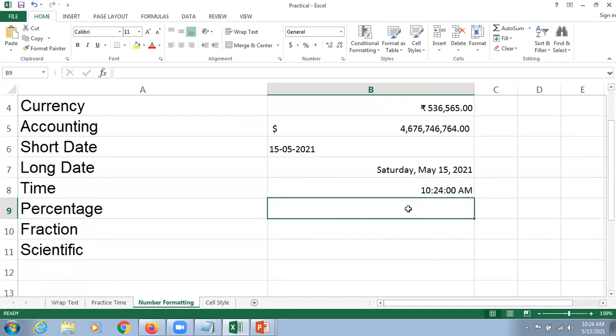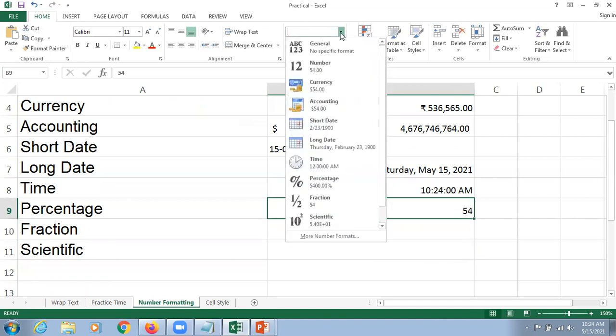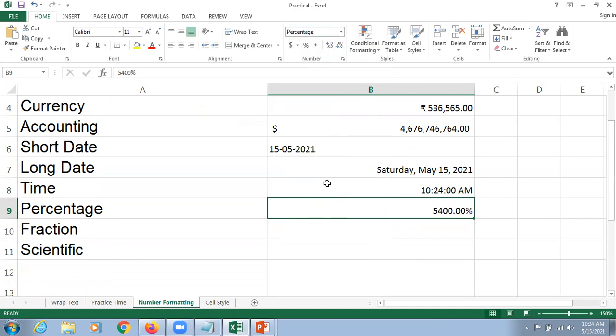Now this is a percentage. If I type 54 here, it simply tells us this is 54. We can do it in two different ways. We can simply click and select percentage here. This will be the percentage, and for increasing numbers or decreasing numbers, you can use these options.